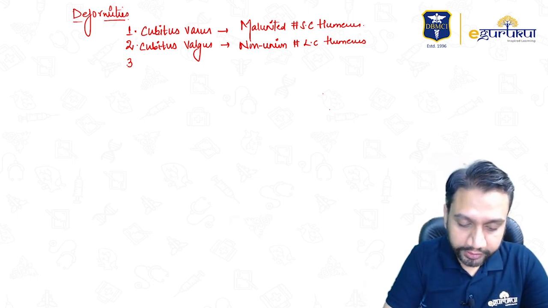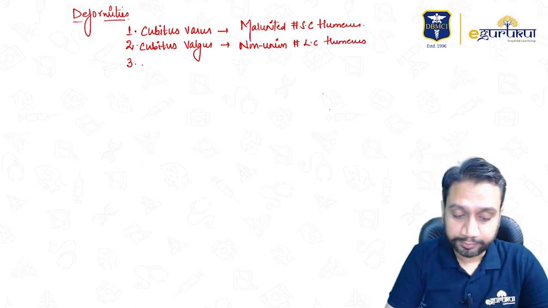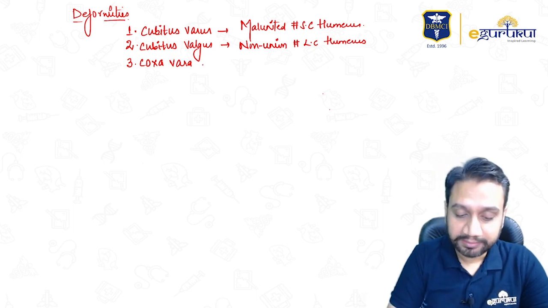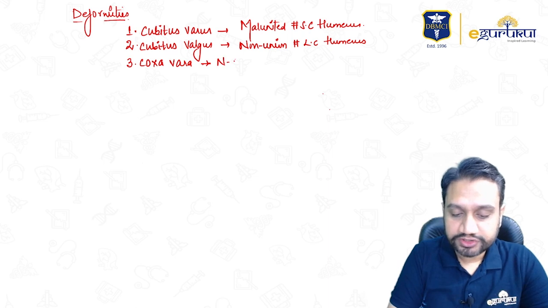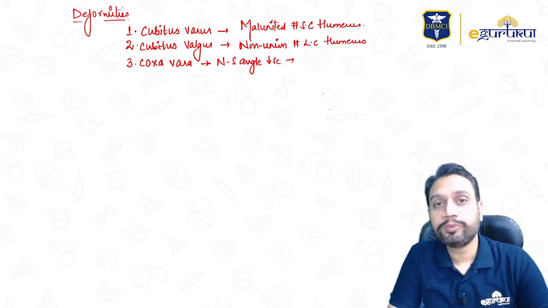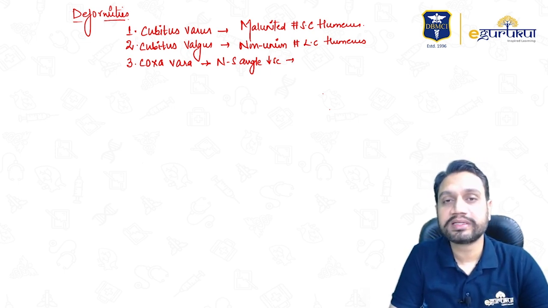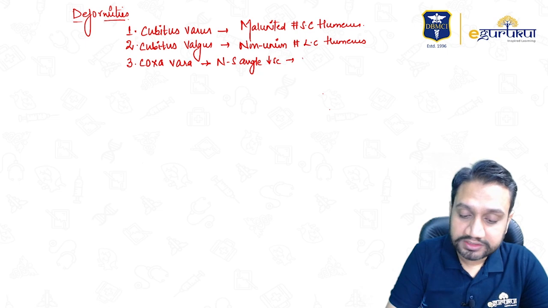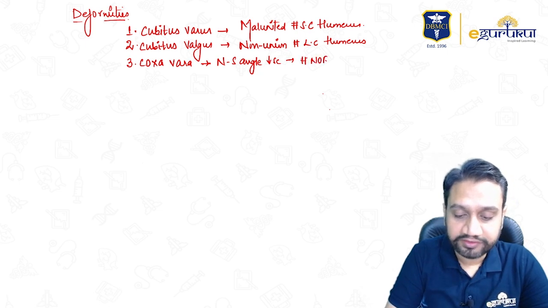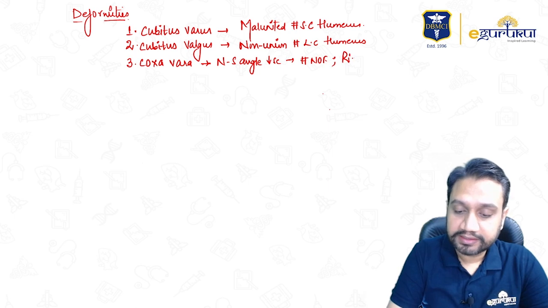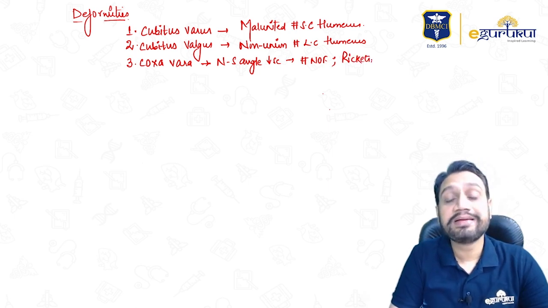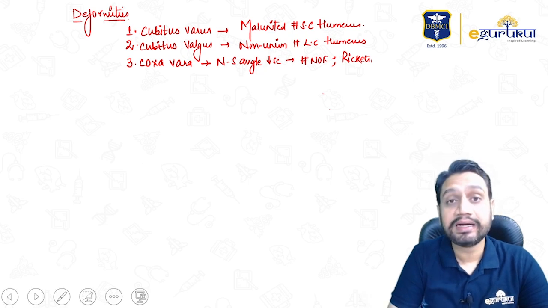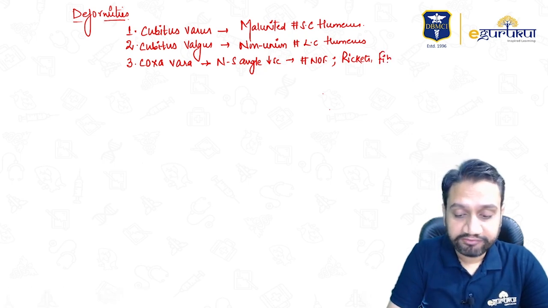Number three, among the important deformities, the hip: coxa vara. What does that mean? Coxa vara is when the neck shaft angle decreases, isn't it? When you are appearing for the INI CT, I do believe the basics, the angle, the decrease, are already in your mind. I'm just revising the conditions in which we see this. Coxa vara is usually related to fracture neck of femur. It can be related to conditions like rickets, malacia, the softening of the bones, and tumors like fibrous dysplasia.